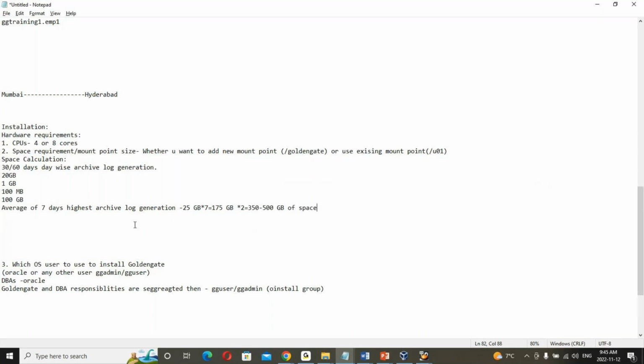I'll request 350 to 500 GB of space. Based on the current scenario and current applications, this should suffice for the next 2, 3, or even 4 years, because I have already taken the maximum